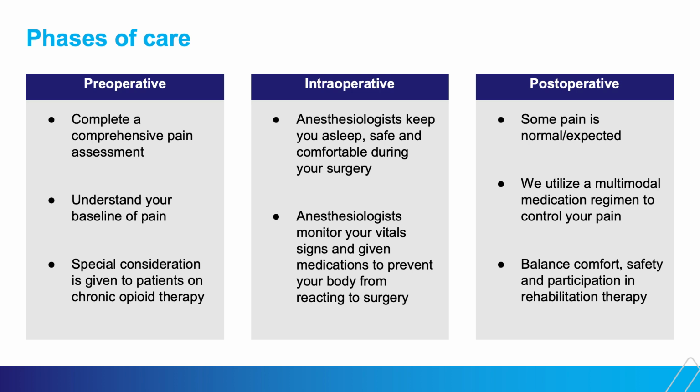After surgery, we enter the postoperative phase. This is a critical time for pain management. After surgery, some pain is to be expected. It's normal to